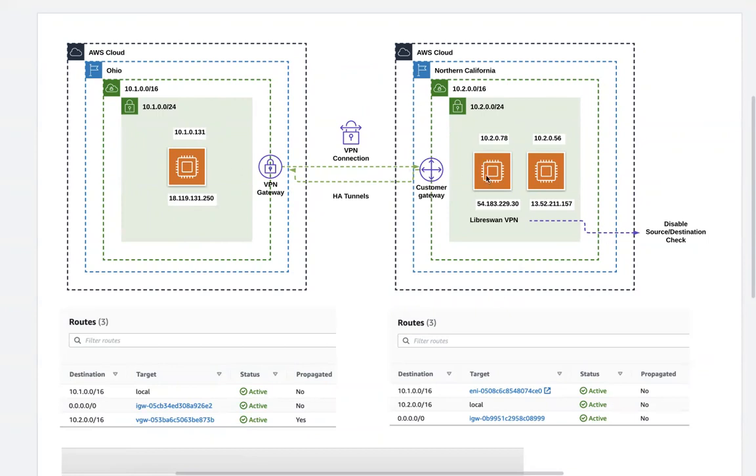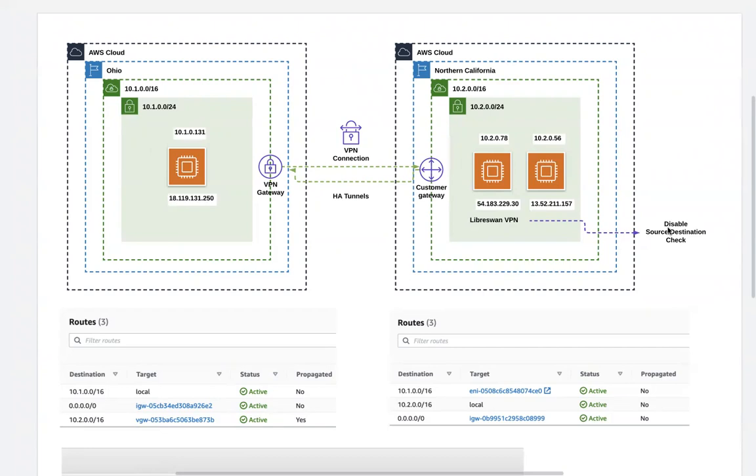Okay. And one more very important aspect over here is if you are using something like LibreSwan or OpenSwan and so on, you need to disable source and destination check, which is the same thing that you would do when you have a NAT instance in place for NATing instead of a NAT gateway. And the reason is because we don't want LibreSwan to check whether it is the source or destination of the traffic, because the source or destination would either be this test EC2 instance or this test EC2 instance. It wouldn't be this VPN instance. So therefore, you have to disable source and destination check.